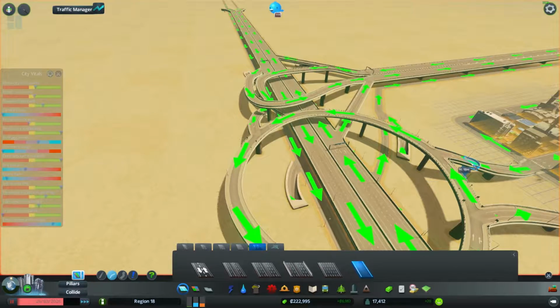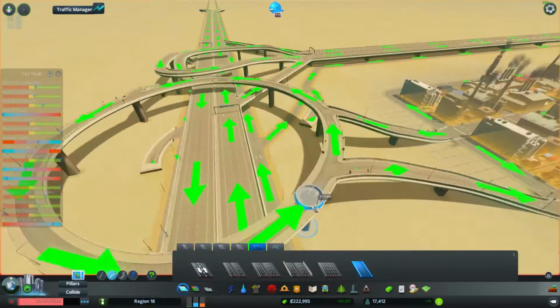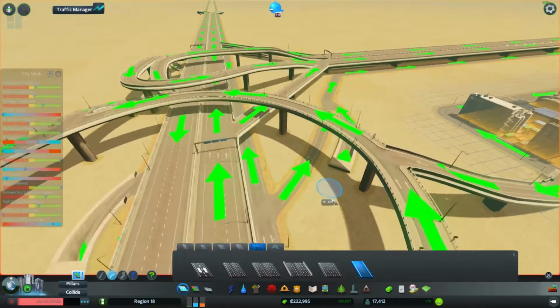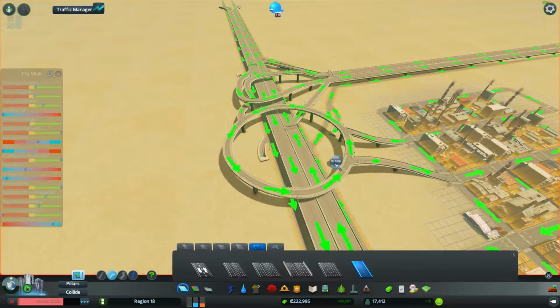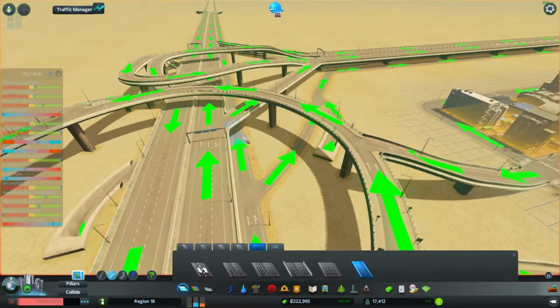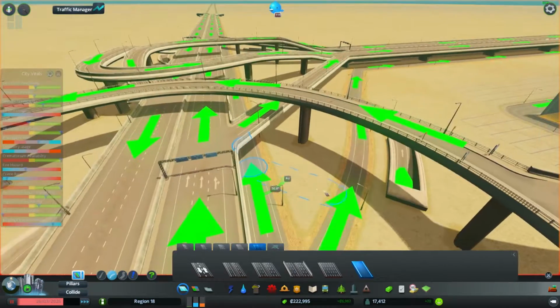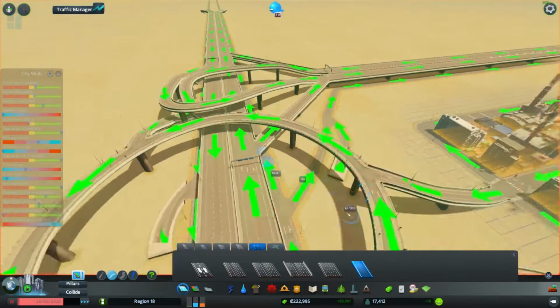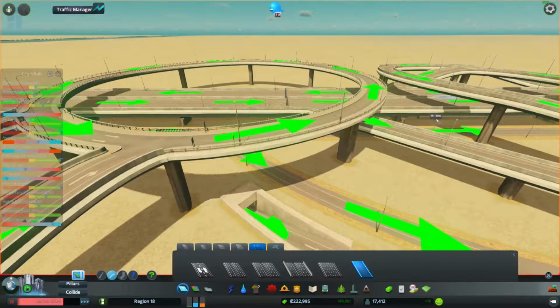Let's see. So, if I want to exit, people that are going to exit are going to have to be on the inside loop. People coming in this direction are from the outside loop, while the guys that are leaving are going to have to be on the inside loop. So I'm going to do something like... Oh, come on. Come on. That is way too close for comfort. How if I did something like...